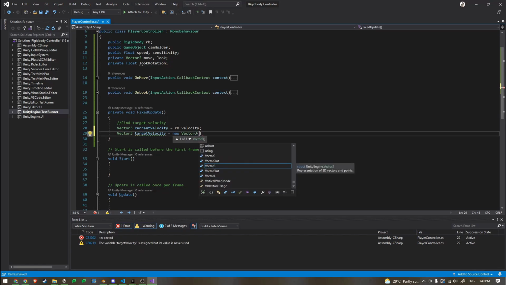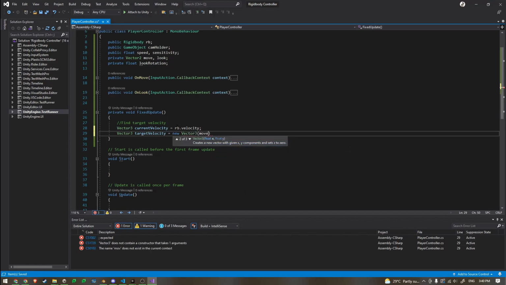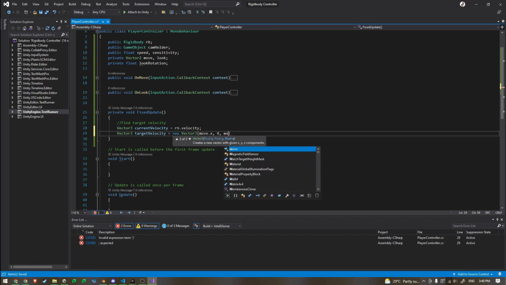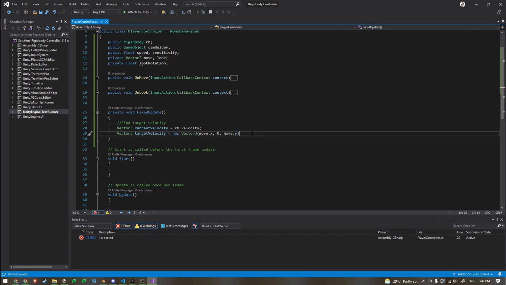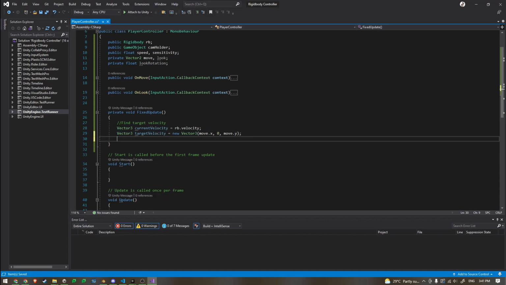And then we'll just use our movement on the X and 0 on the Y, and our movement on the Y. So this is going to take our input here and it's going to turn it into a vector to help us move our character. We're then going to multiply our target velocity by our speed,